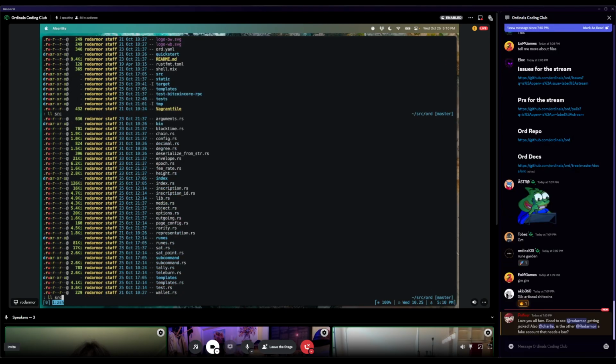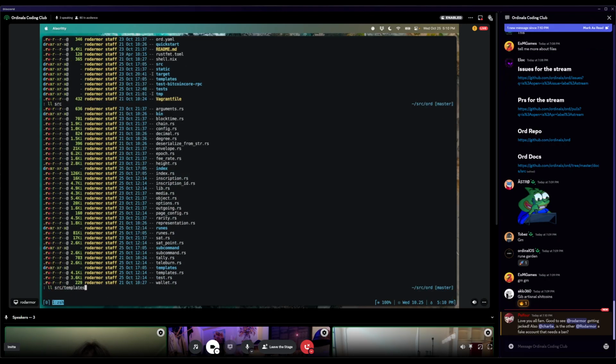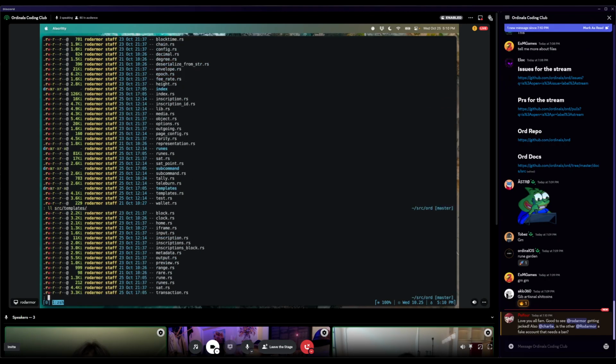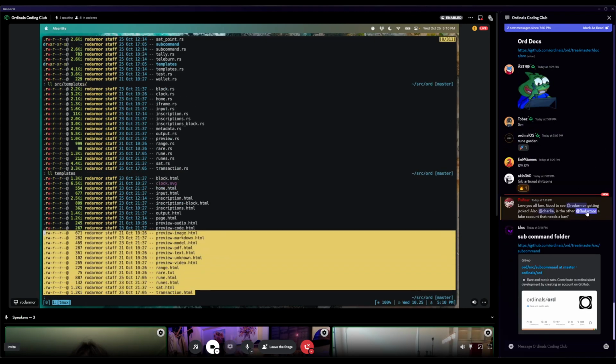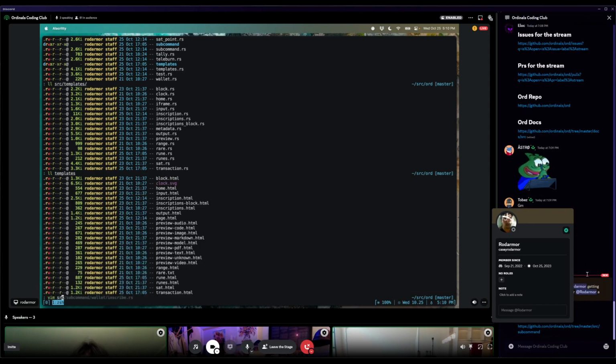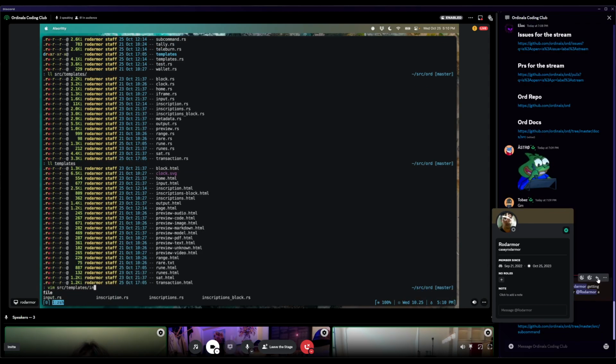Oh yeah, and then there's the templates. The templates are the HTML templates. So they have a corresponding Rust file inside of src/templates, and also in the top level templates directory, this is where the actual HTML templates live. So for example, if we look at src/templates/inscription.rs,